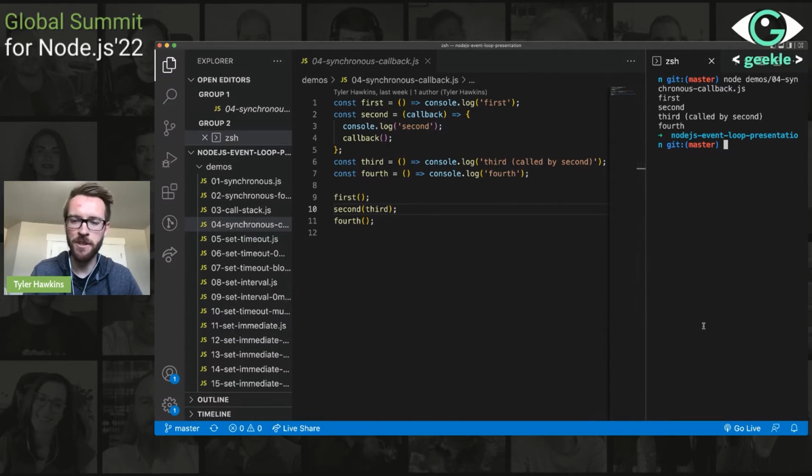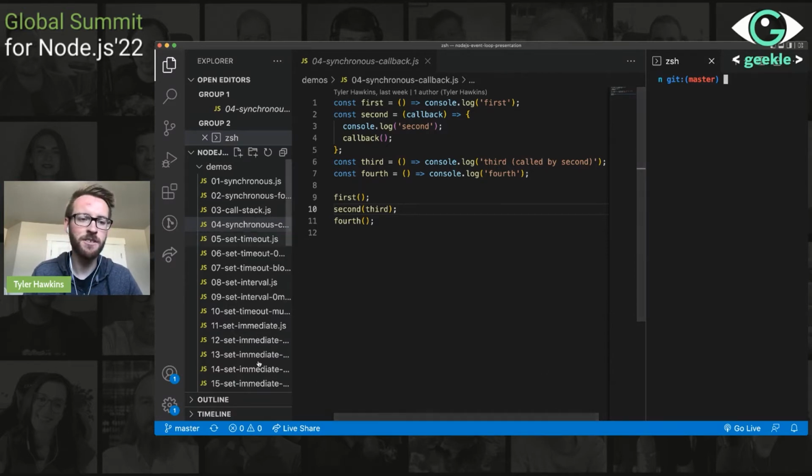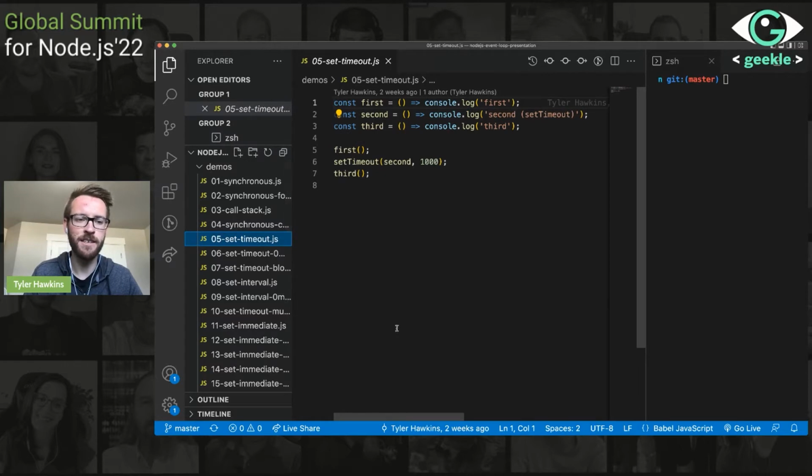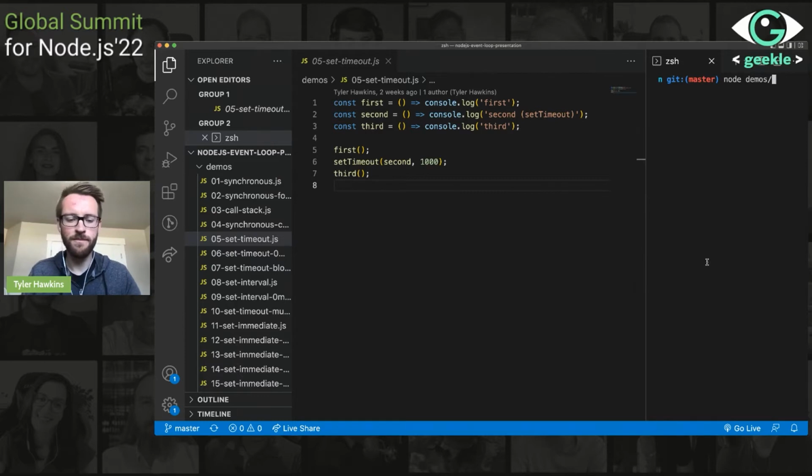And so when we want to start thinking about asynchronous code, one of the first methods that we can think about is setTimeout. setTimeout is a method that will allow you to execute a function after a certain number of milliseconds have expired. So let's run through this one. We've got our first, second, and third. Again, they all just do console logs. We're going to call first. Then we're going to call setTimeout to execute our second function after 1,000 milliseconds, or 1 second, and then third. And so if we run this example,